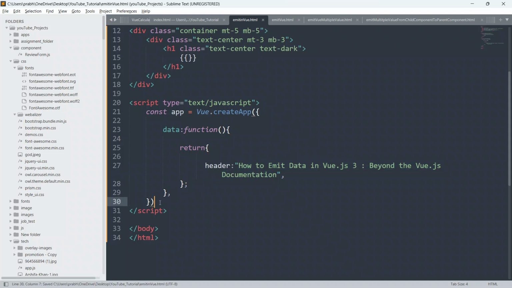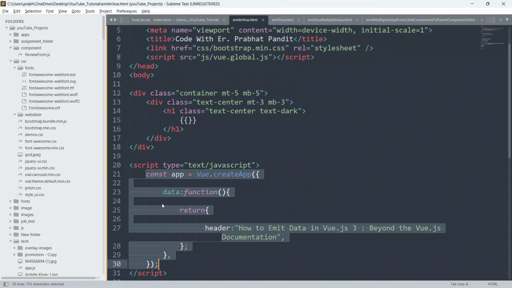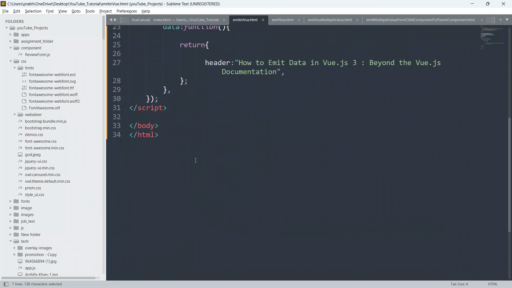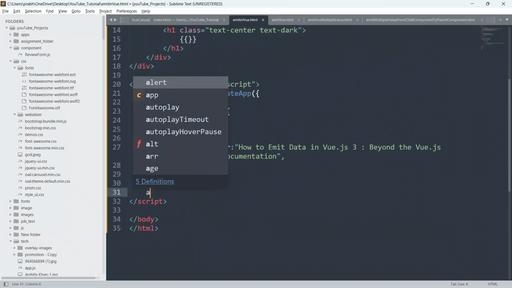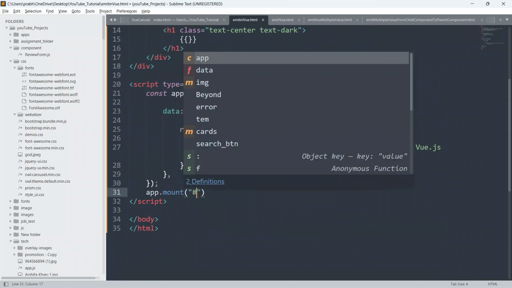Now we are gonna mount this Vue.js instance to our HTML part, our view part. HTML part is also known as view part in Vue.js 3. We'll say app.mount, and give the id as app.